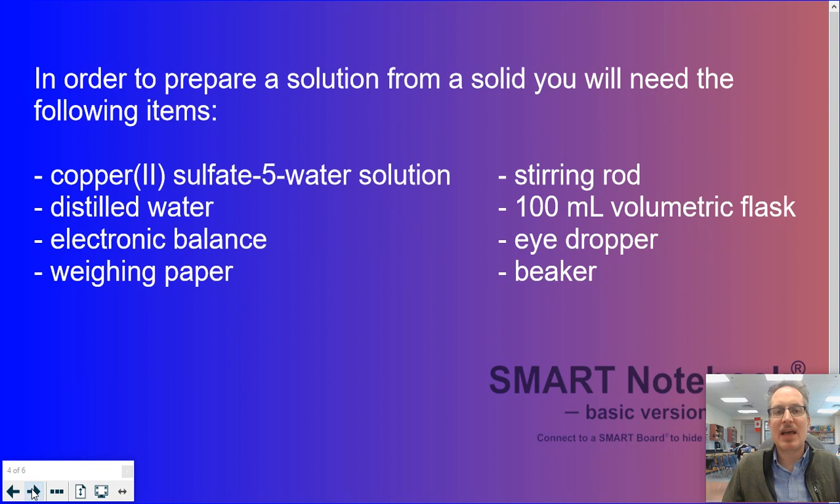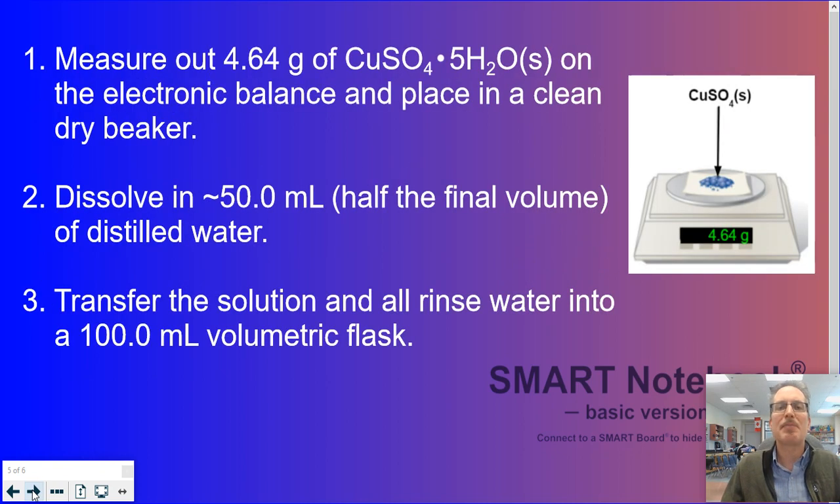Now, it is at this time that if it was me, I would go watch the video on watching me demonstrate how to make this. However, what I am going to do is, because you're going to have to repeat the steps over and over again, I'm going to put into text form the steps I went through in the video on how to make the solution. So step number 1, I measured out 4.64 grams of copper 2 sulfate pentahydrate solid on an electronic